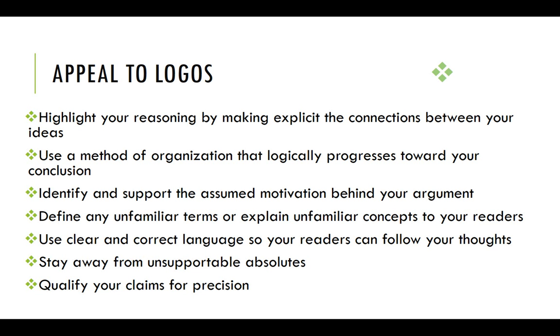Those are all ways that you can incorporate the appeals in your own writing, but you can also go back and look for these things in the writing that you are considering. So you can look at how someone is using concrete language to incorporate pathos, or how they are demonstrating the connections between their reasons to appeal to logos, or how they're incorporating current events to appeal to kairos, or how they're showing their own credibility by formatting an argument very well to fit with its genre. Any of those things. And hopefully that helps us get a little bit of a clearer picture of some really specific things that we can be doing and that we can be looking for in arguments.